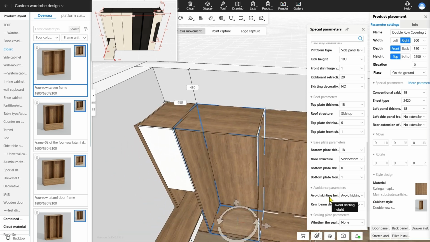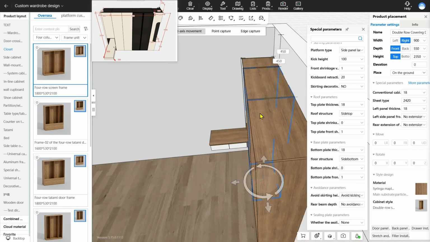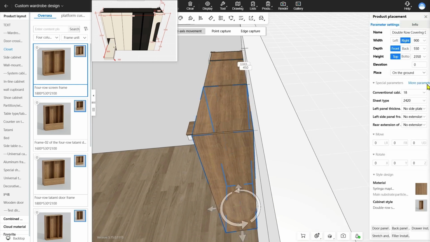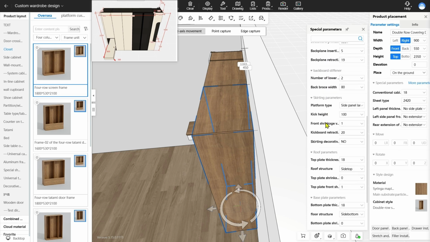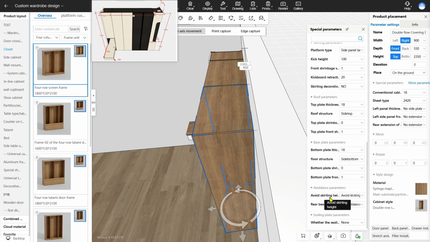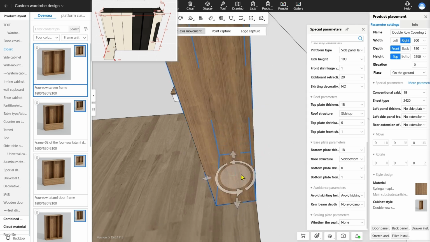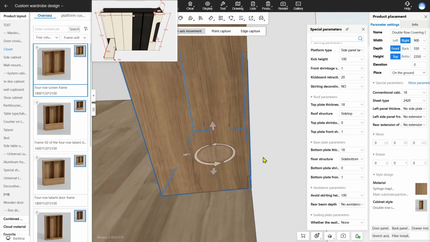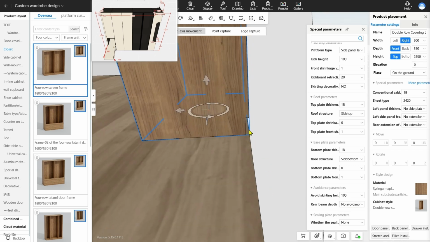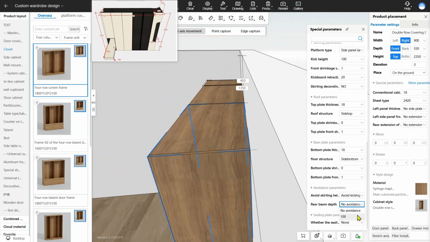For these avoid parameters, I will show you with this cabinet because it will be clearer. Let's select this one. More parameters. Moving down. Here is whether to avoid the skirting height. Then you can leave it at 100. Then you can see this little cut on it. And whether to avoid the rear beam. Moving up, like this type. You can also include the value